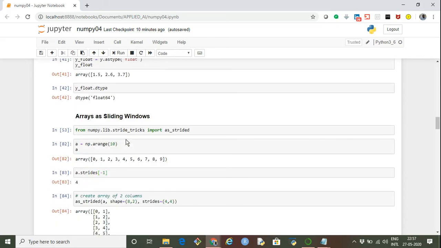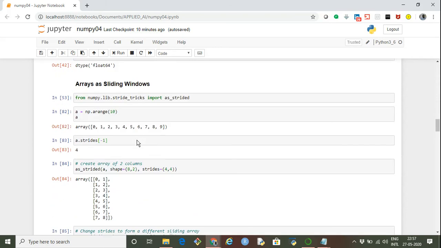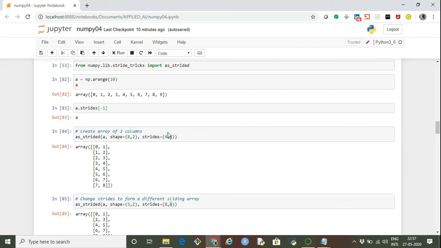Another very important concept is creating an array based on sliding windows. Let's say we have an array A which has 10 elements. Now we want to create another array from this array, such that the elements of the new array are created based on a sliding window.